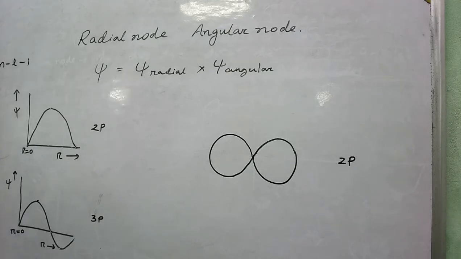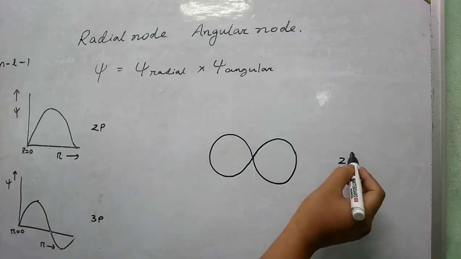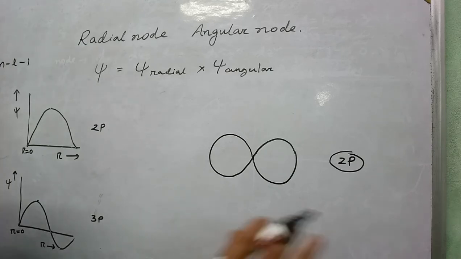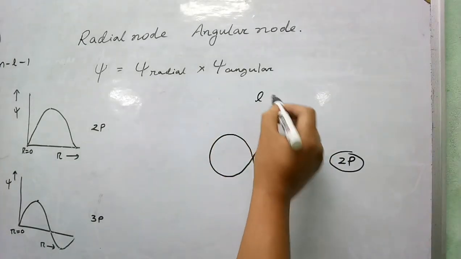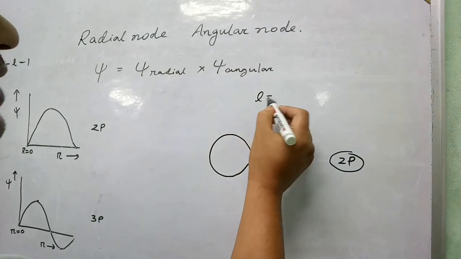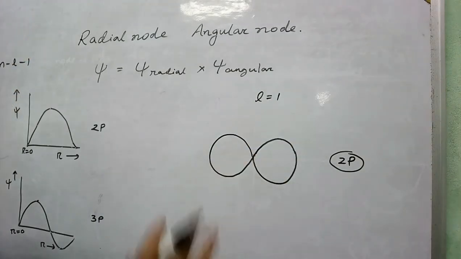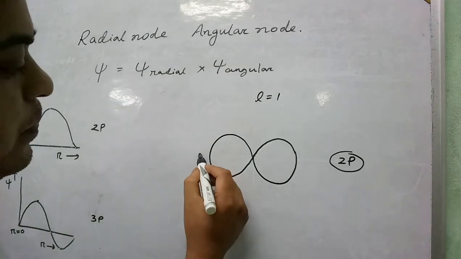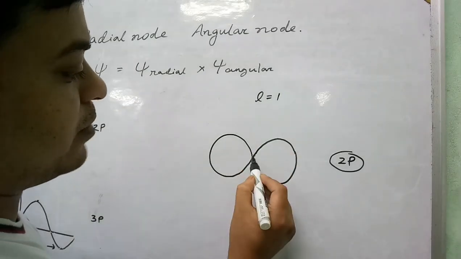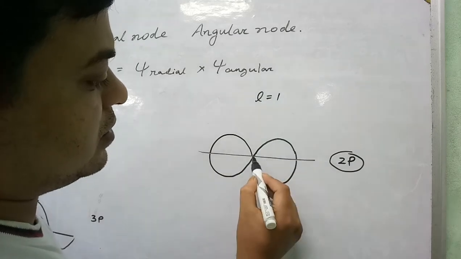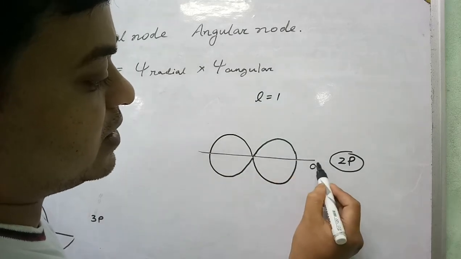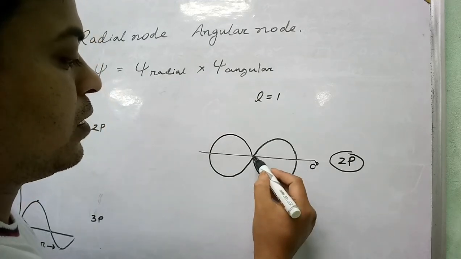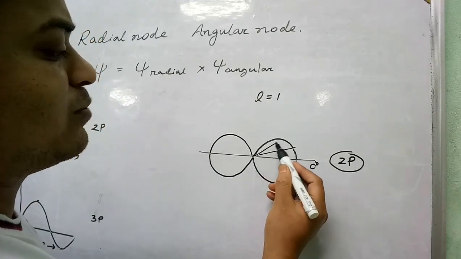Here is the concept of angular node. We will see what is actually angular node by using 2p orbital. For any orbital, the number of angular nodes is actually its azimuthal quantum number L. For p orbital, L equal to 1, therefore 2p orbital has one angular node. Now what is actually angular node? If we move along a certain angle from nucleus, here we are moving at an angle of 0 degree, there is some probability of finding electron, there is some wave function. At any angle, there are some wave functions.